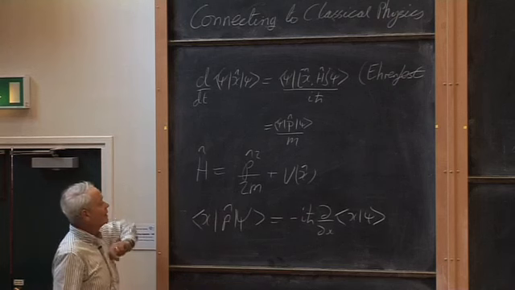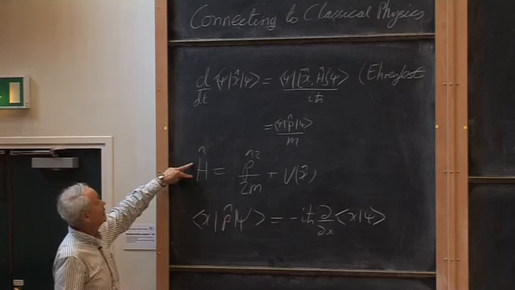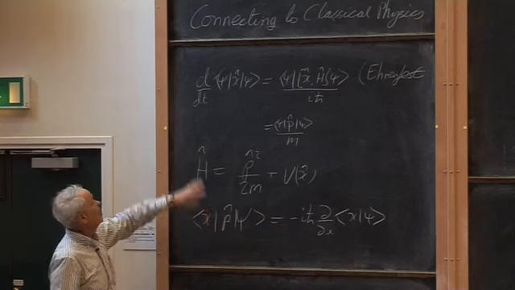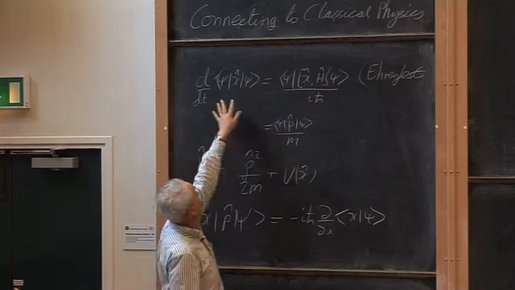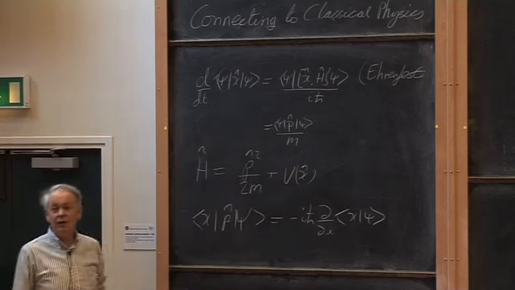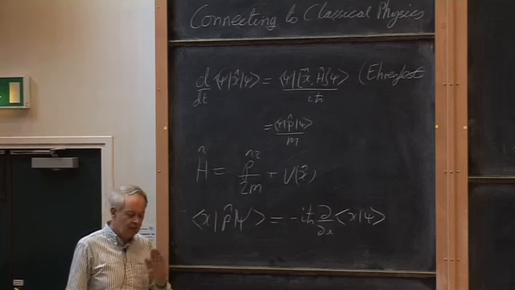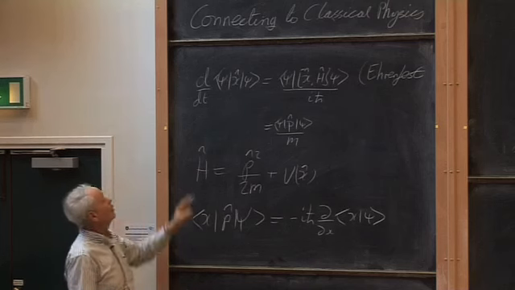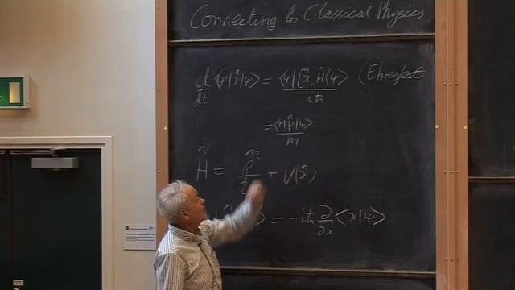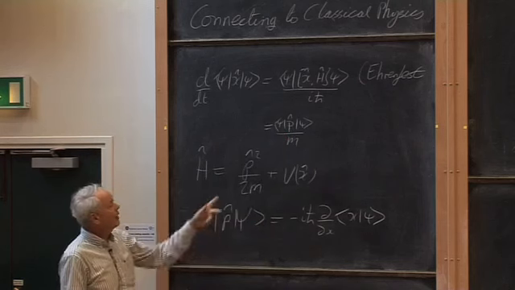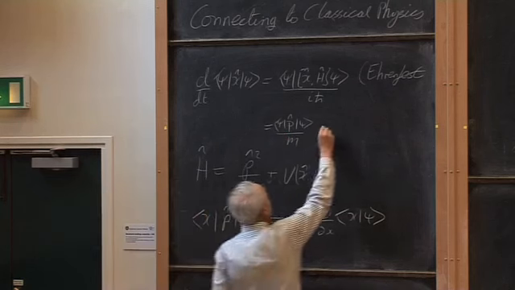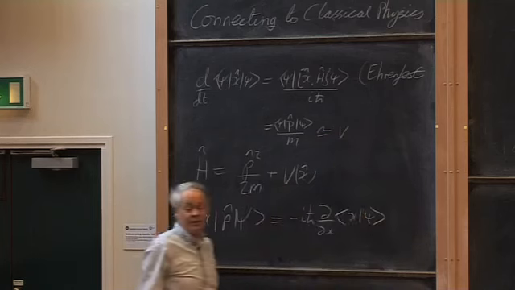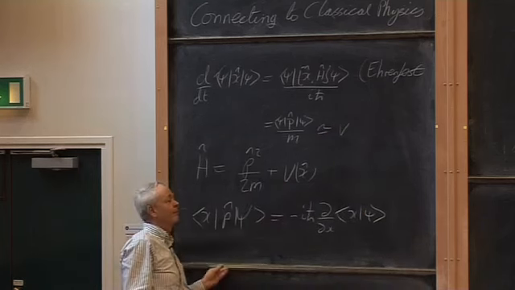It seems reasonable to take this to be the energy operator, the Hamiltonian. That being so, when we use Ehrenfest's theorem to find the rate of change of the expectation value of x, which in classical physics would be the actual value of x, we find that it's in fact equal to the expectation value of the momentum divided by m, which is, in a classical sense, what we would call the velocity. So that's one good thing.